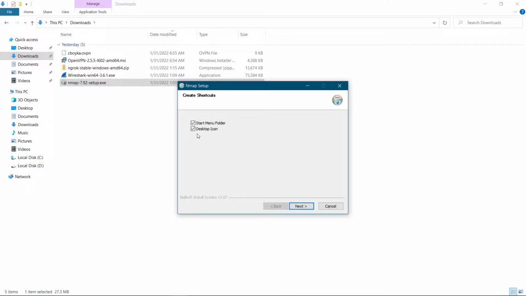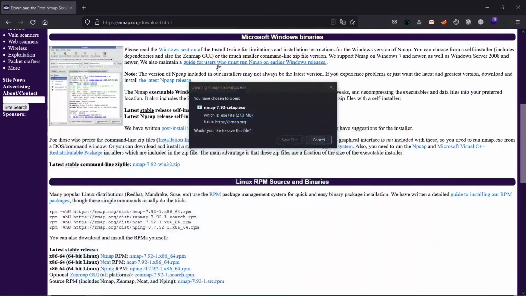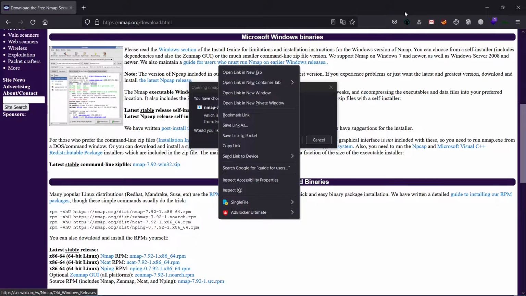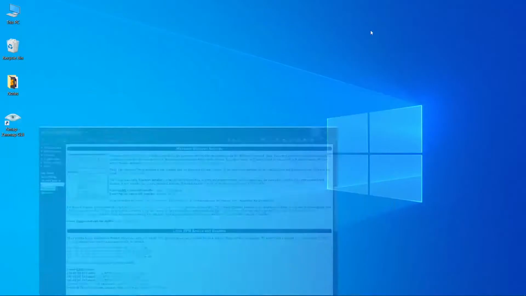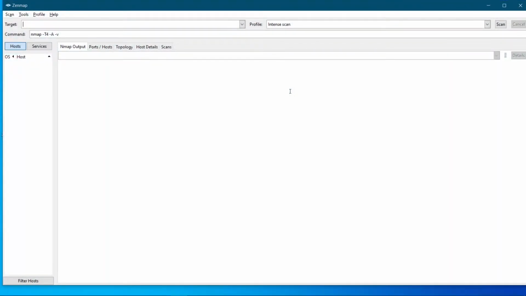You can let the software create a desktop icon if needed. You can see we have successfully installed Nmap into our machine,